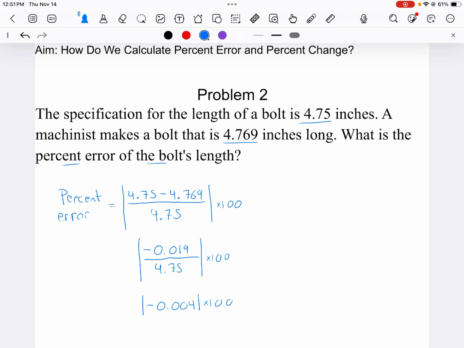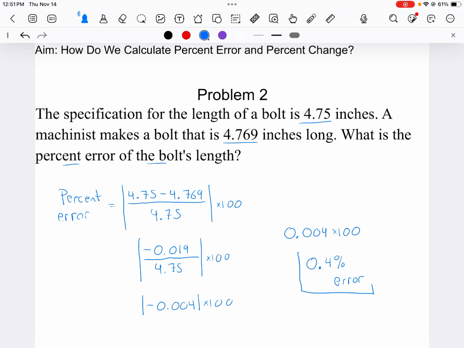Now we're going to take the absolute value. So the absolute value of negative 0.004 is 0.004, and multiply that by 100. So we would have a 0.4%